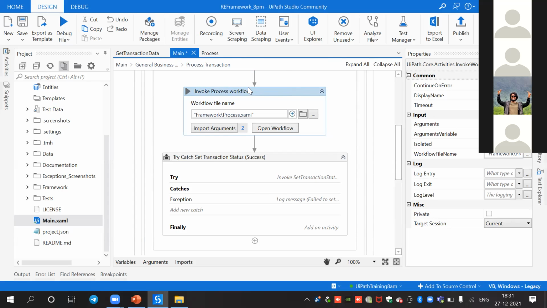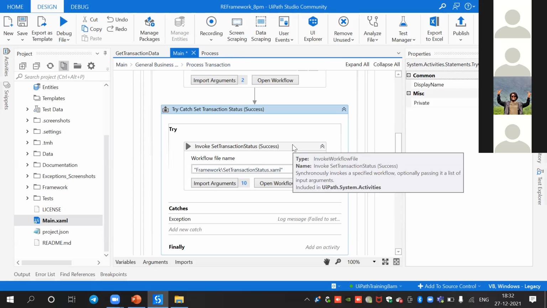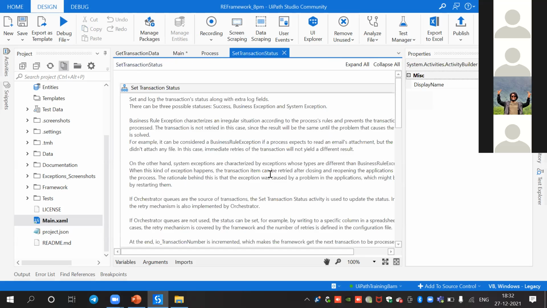So if you get any exception, then it will go for the invoke set transaction status. If it is a success, there is no error, then what it does,